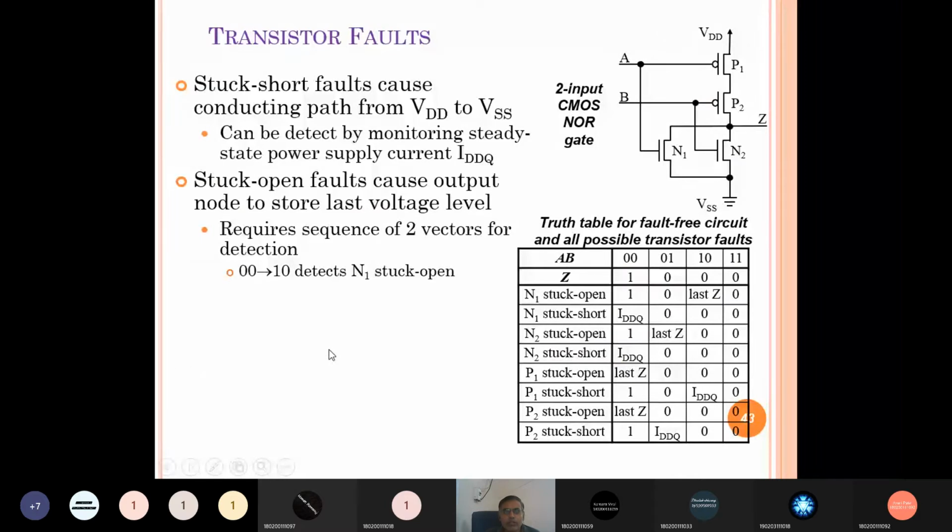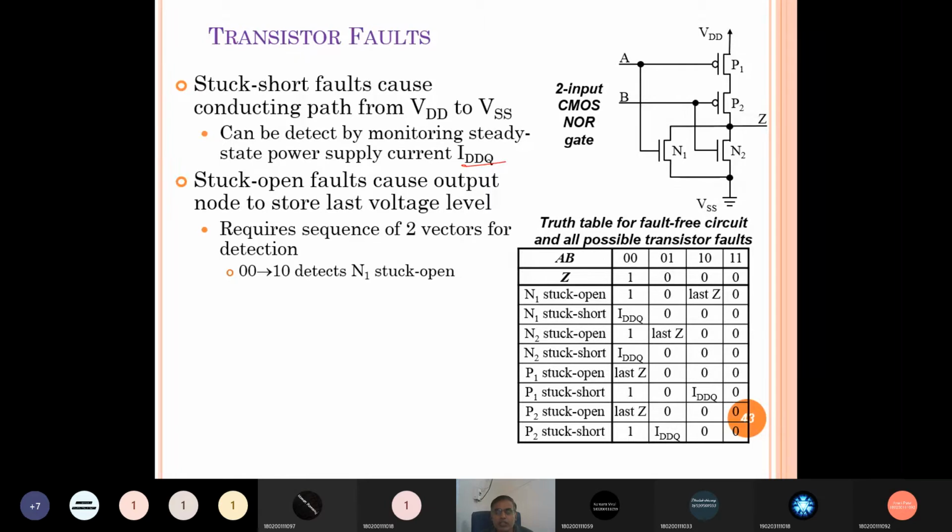So in transistor faults, stuck-short faults cause a conducting path from VDD to VSS, which can be detected by monitoring the steady-state power supply current, right? So if there is any stuck-short fault and VDD is connected with ground in a CMOS inverter for any static input, then we can detect that fault, because we know in any CMOS circuit when